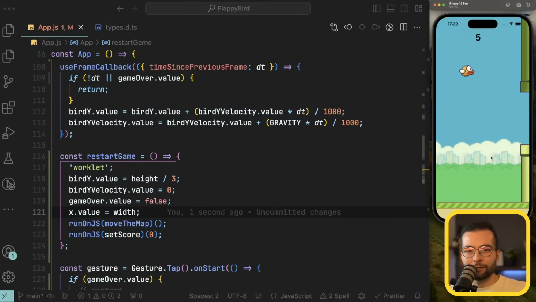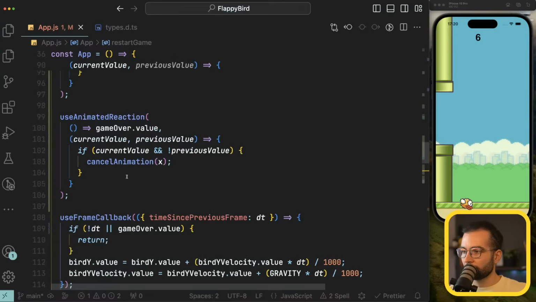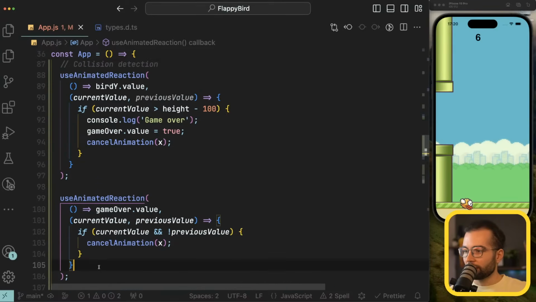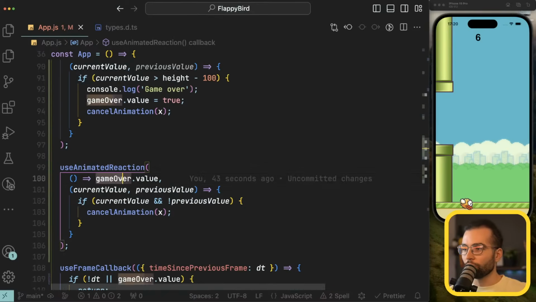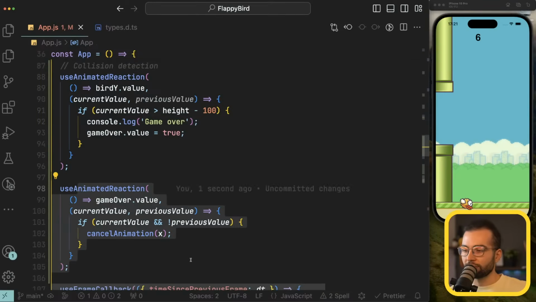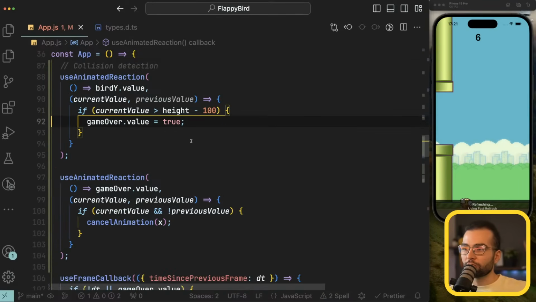You have cancel animation twice. Yes, that's true. That means that if I'm canceling the animation based on an animated reaction over the game over, I don't have to do it here as well. So that was the benefit of putting it into a separate one, because I'm going to change the game over in multiple places, not only here. This is only